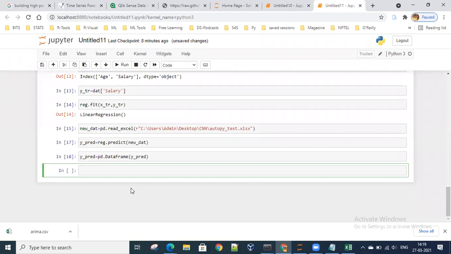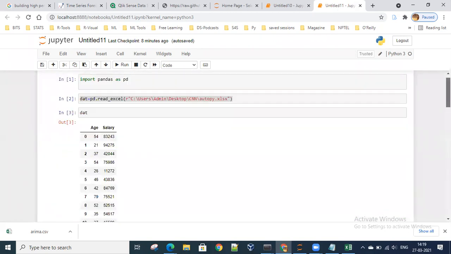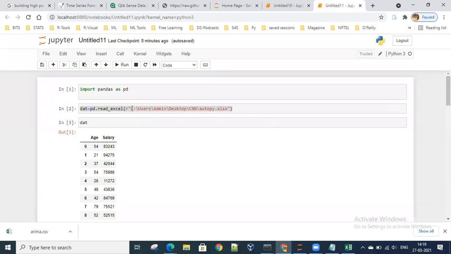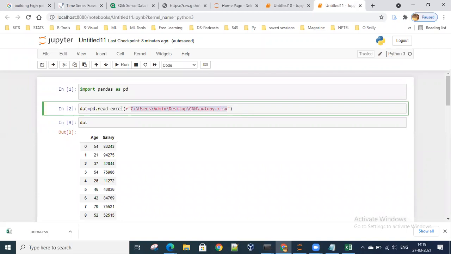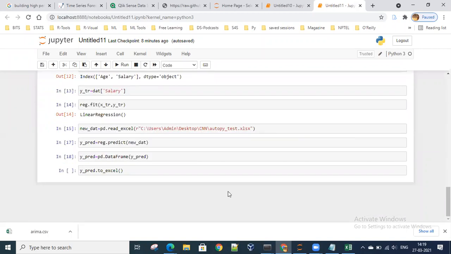Shift enter. I'll say y_pred dot to Excel. I'll save it to a particular path. Whatever the output is, I have been saving it to another path.